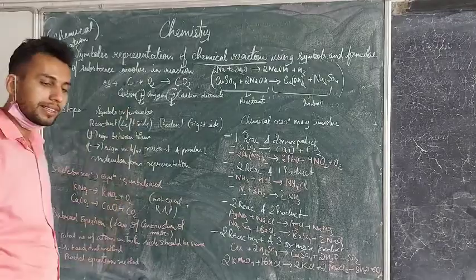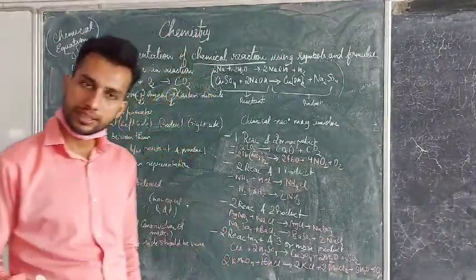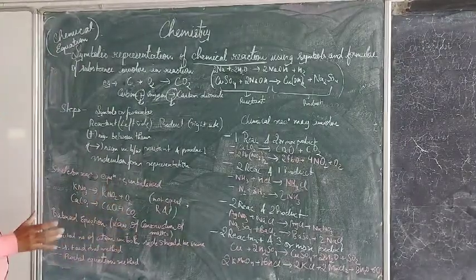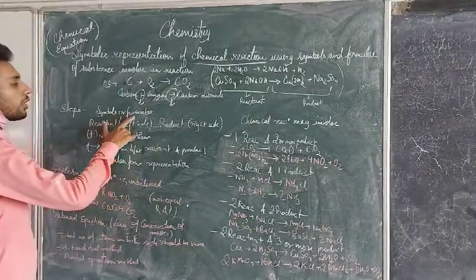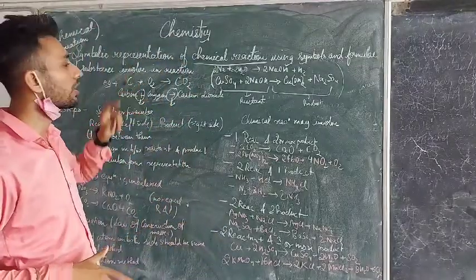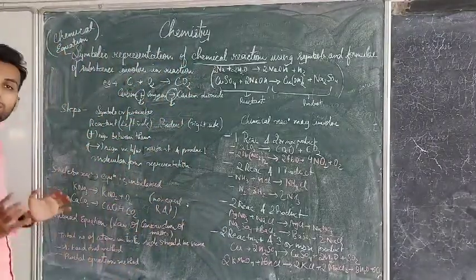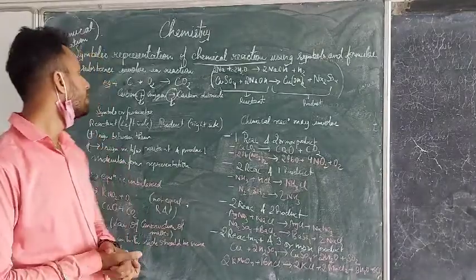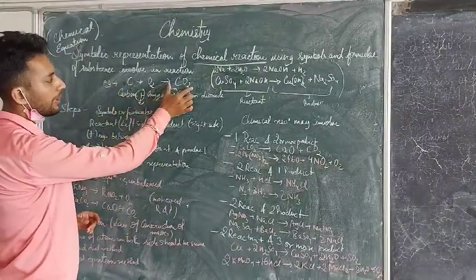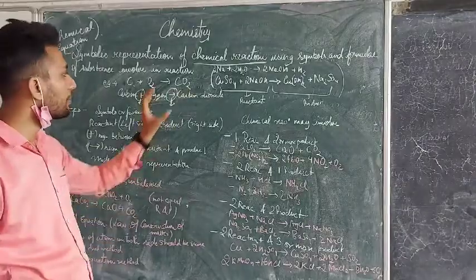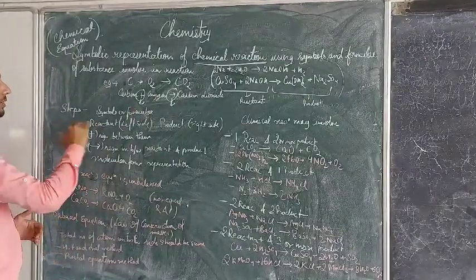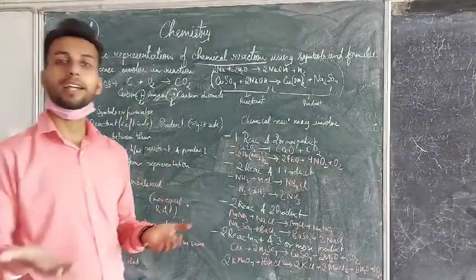Now, what are the steps involved in writing the chemical equation? Because we are just studying the basics of the chemical equation, we will study here. First of all, if a single atom like carbon or oxygen is used, then we use the symbol of that particular element. Then, if atoms are combined, like carbon dioxide, we use the formula. It is not the symbol of a particular atom, it is a combination of atoms. So it is represented in the form of either symbols or formulas.